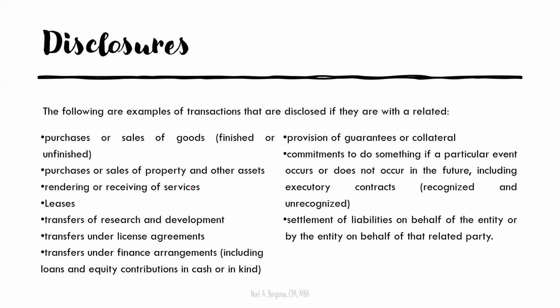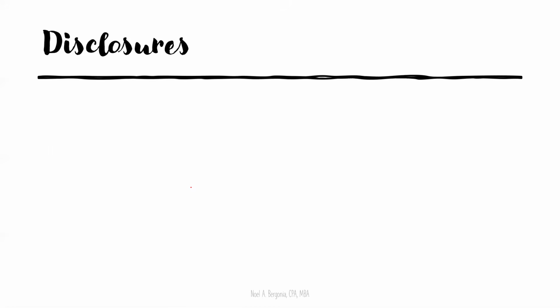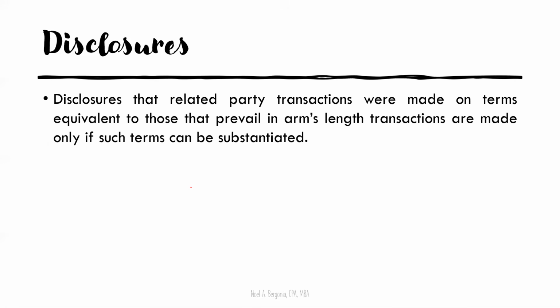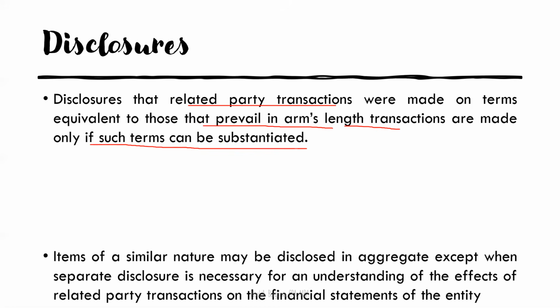Okay, konti na lang po and the last set of disclosures would be disclosures about the terms related to the related party transactions, okay, na kung saan the company and the related party, okay, has arm's length transactions, okay, made only if such terms can be substantiated. Okay, so meaning all in all pag nagbentahan or if there is an arm's length transactions, then we need also to disclose that. And also if there are